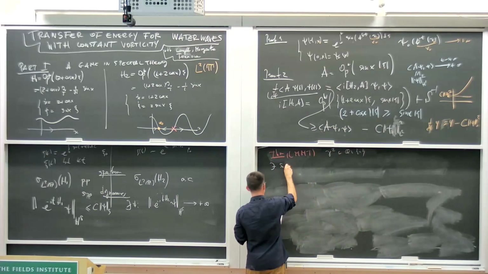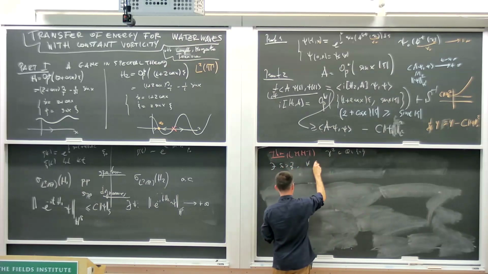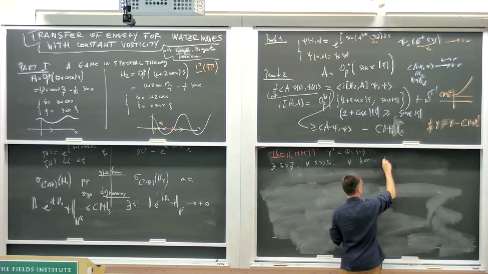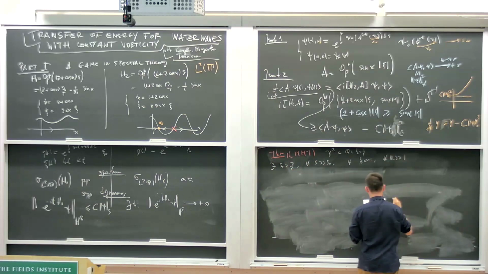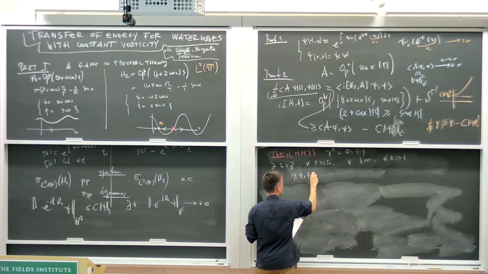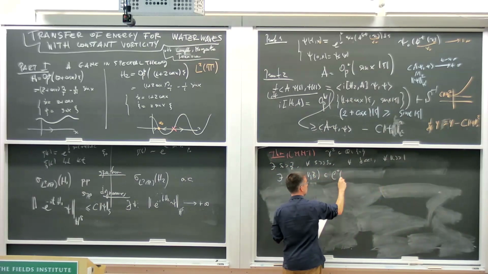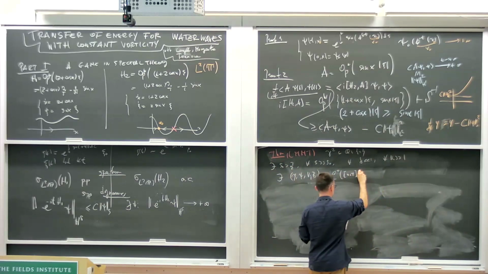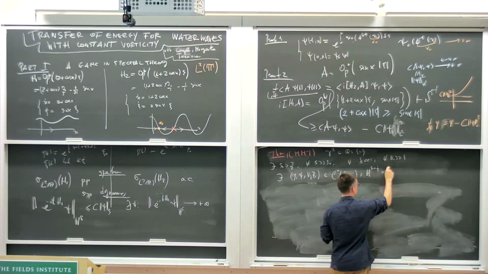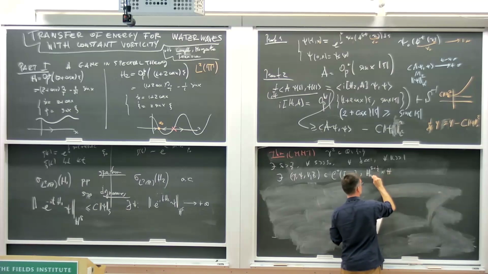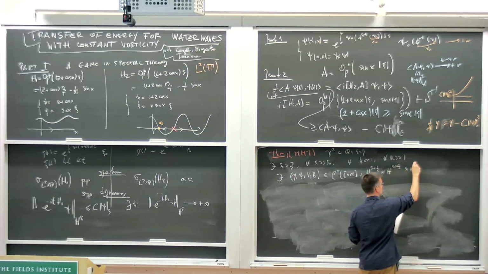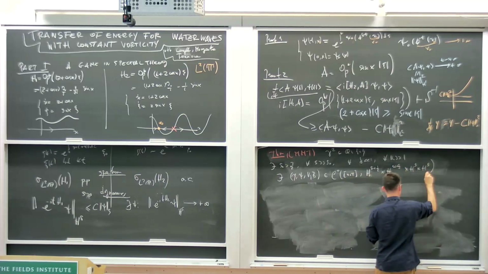Then there exists S0 larger than 3 over 2, and for any S greater than S0, for any delta as small as you want, for any K as large as you want, there exists a solution eta, psi, V, B, which belongs to C0 of [0,T], with values in H^(S+1/2) times H^(S+1/2) times H^S times H^S,